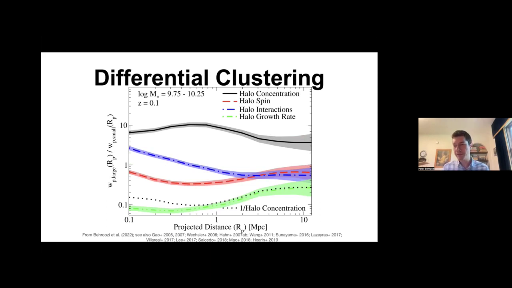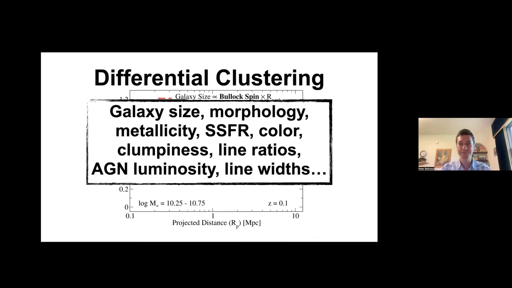I'm just going to very briefly mention the words assembly bias and secondary bias, where if you look carefully at the shape of the correlation function, that can tell you about a lot of different things happening inside halos. Different models for how galaxies correlate with their halo properties will give you very different differential clustering results. So I'll just gloss over that